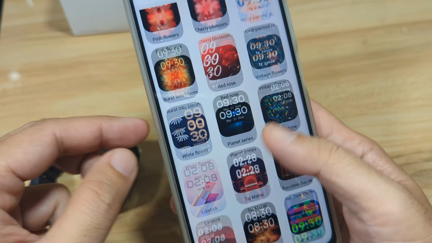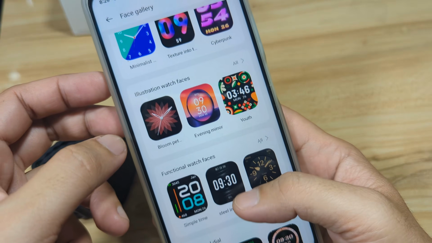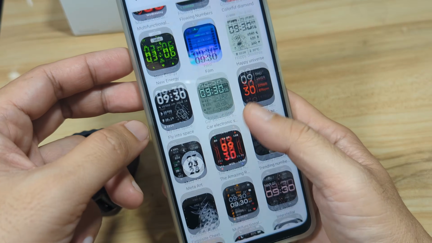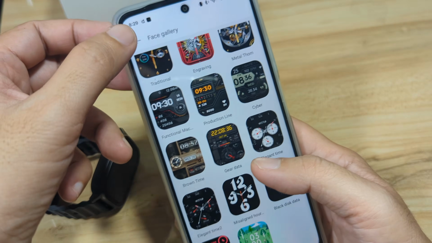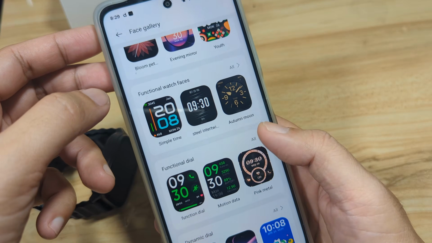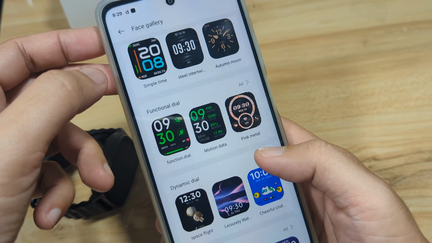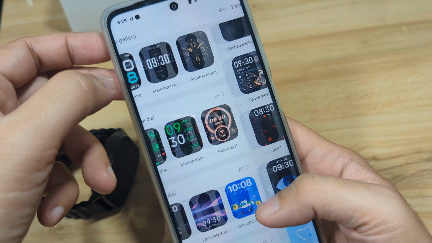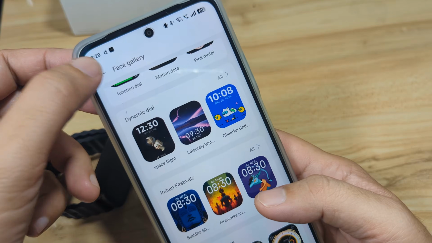I also like this one. Then we have functional dial, dynamic, the Indian, and the built-in watch faces.